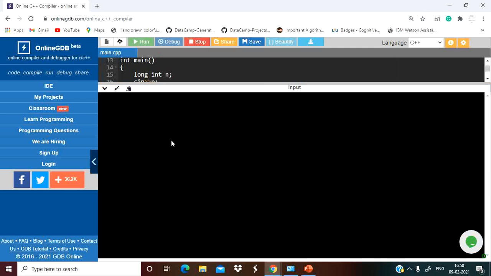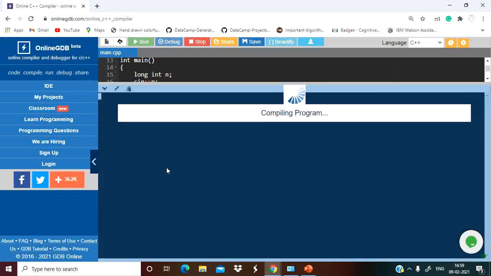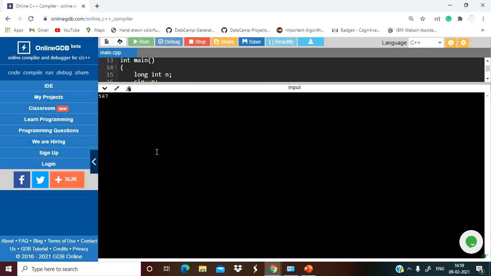So first, let's take a number 5, 6, 7, 8, 8, 4, 4, 5, 5, 9, 0. So see how many digits are repeating? 8, right? So 8 is repeating, so that is 1. 4 is repeating and 5 is repeating. So that's why we are getting 3. Let's try for another number, 5, 6, 7, 8, 9. So here you can see none of the digits is repeating in our number, so we are getting -1.